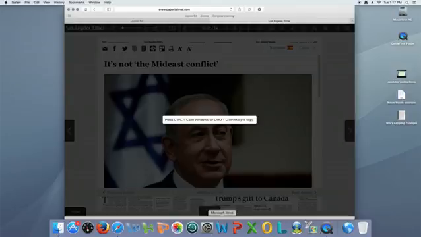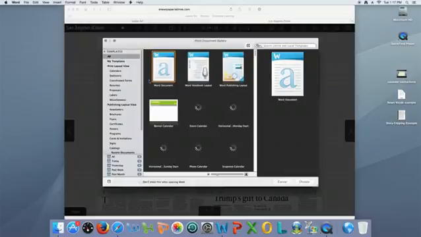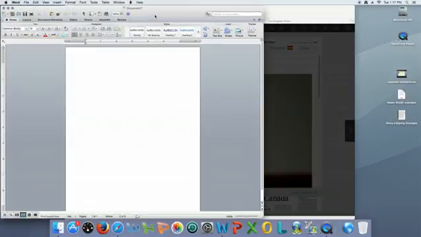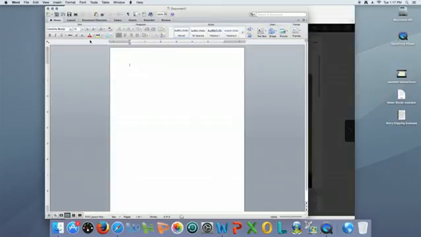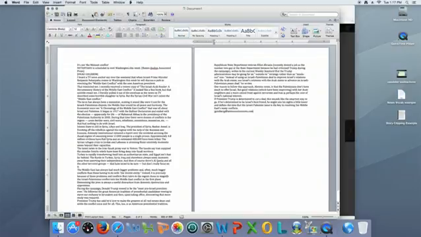Now I can go into Microsoft Word and create and just paste. Go right here and just paste. Where's the paste menu? Oh, right here. Paste. And the story,